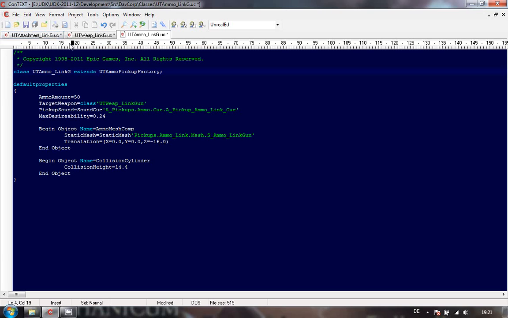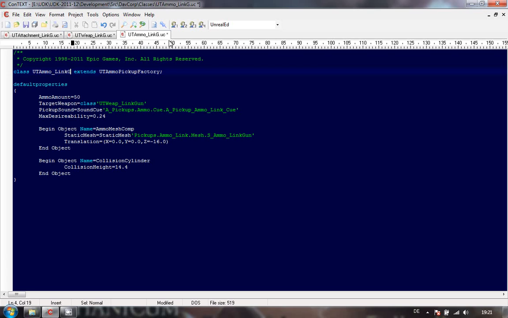Now, I'll keep on repeating myself, because I'm using the UT game code. I do that because I can't program, and if you can, go from the UDK base code if you wish. But because I can't, this is purely to show you how to get things up and running, testing your workflow in game. Right, okay, UT ammo link G, we've changed the class name to fit with the same name